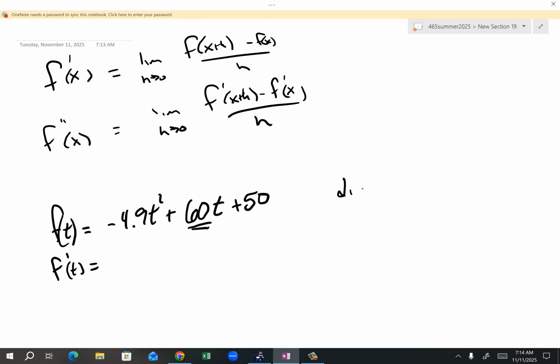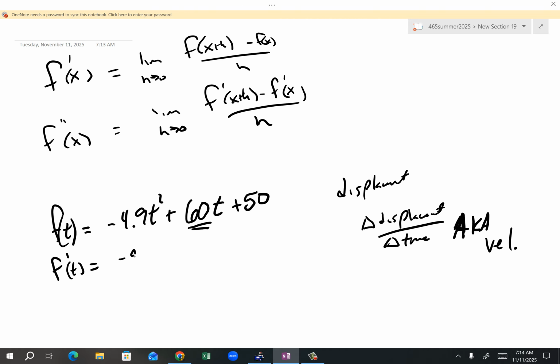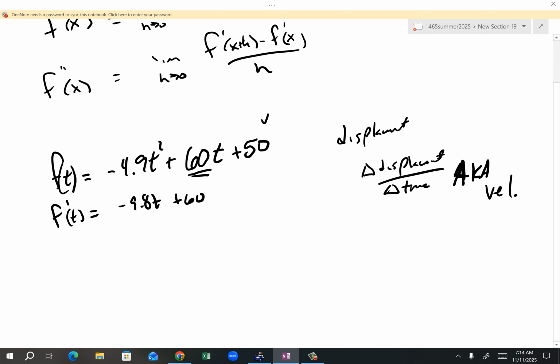So if this is displacement, then this would be the change in displacement over the change in time, aka velocity, dog. That'd be negative 9.8 t plus 60. And if you think about this, well, this would be your initial displacement. And this would be your original velocity,